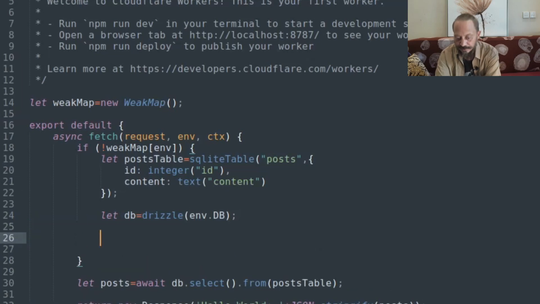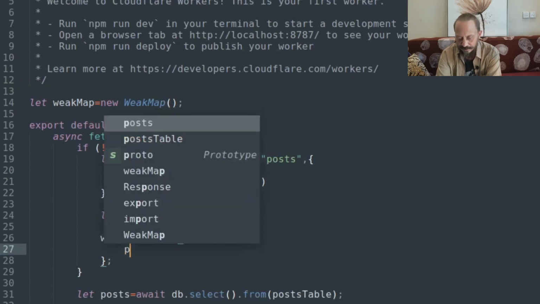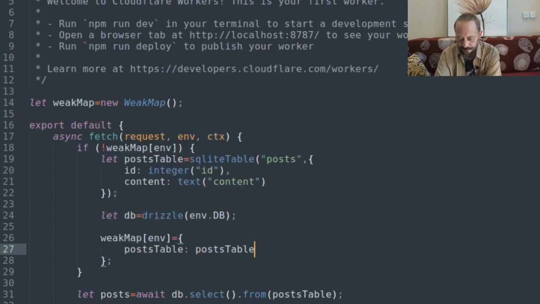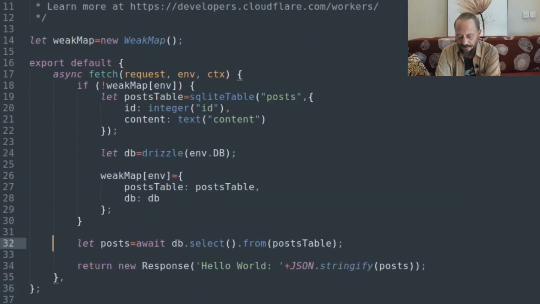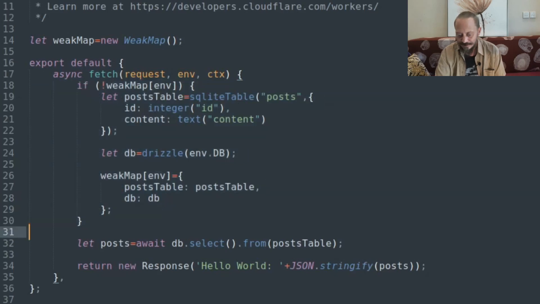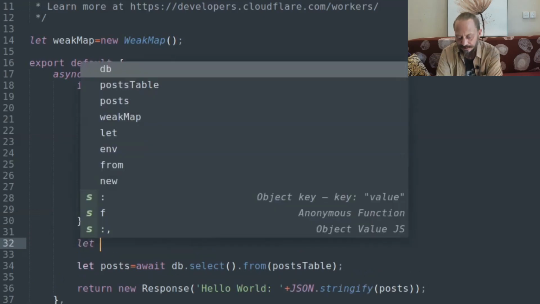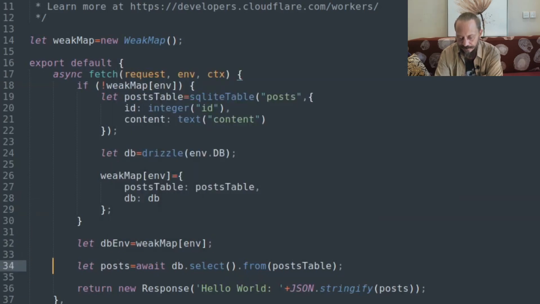Yeah, so now we can store that in an object that's associated with the environment inside of the weak map. So this code should then just run once for each environment. But in this code here, we can assume that we have this information. We can actually get it like this, and then get it through